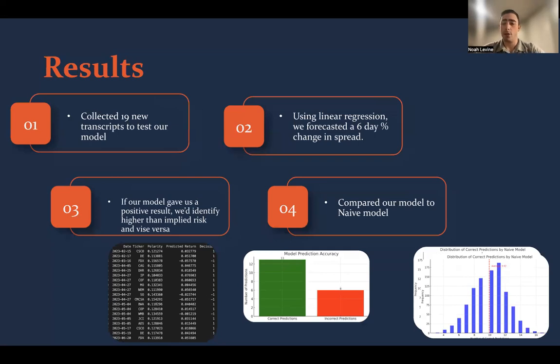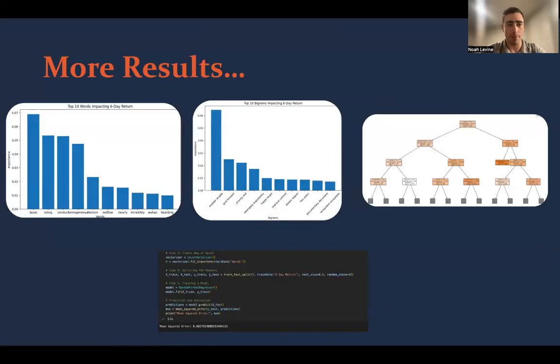And on the right, you can see that if you randomized these positive ones and negative ones and iterated this process a million times, the average would be 9.92 estimated correctly. So it indicates that there might be some chance that this model is correct, because we saw 13 right off the bat. And again, only 19 transcripts, so obviously a lot of room for error.